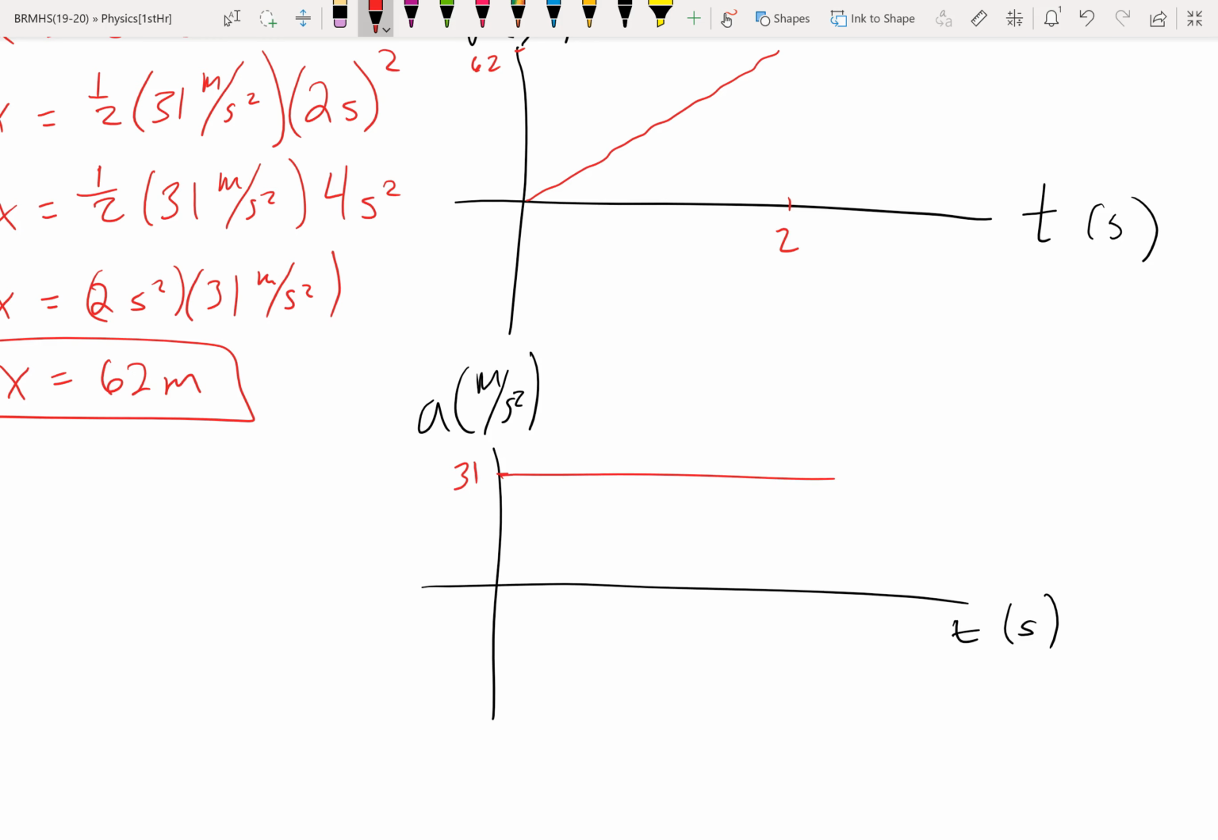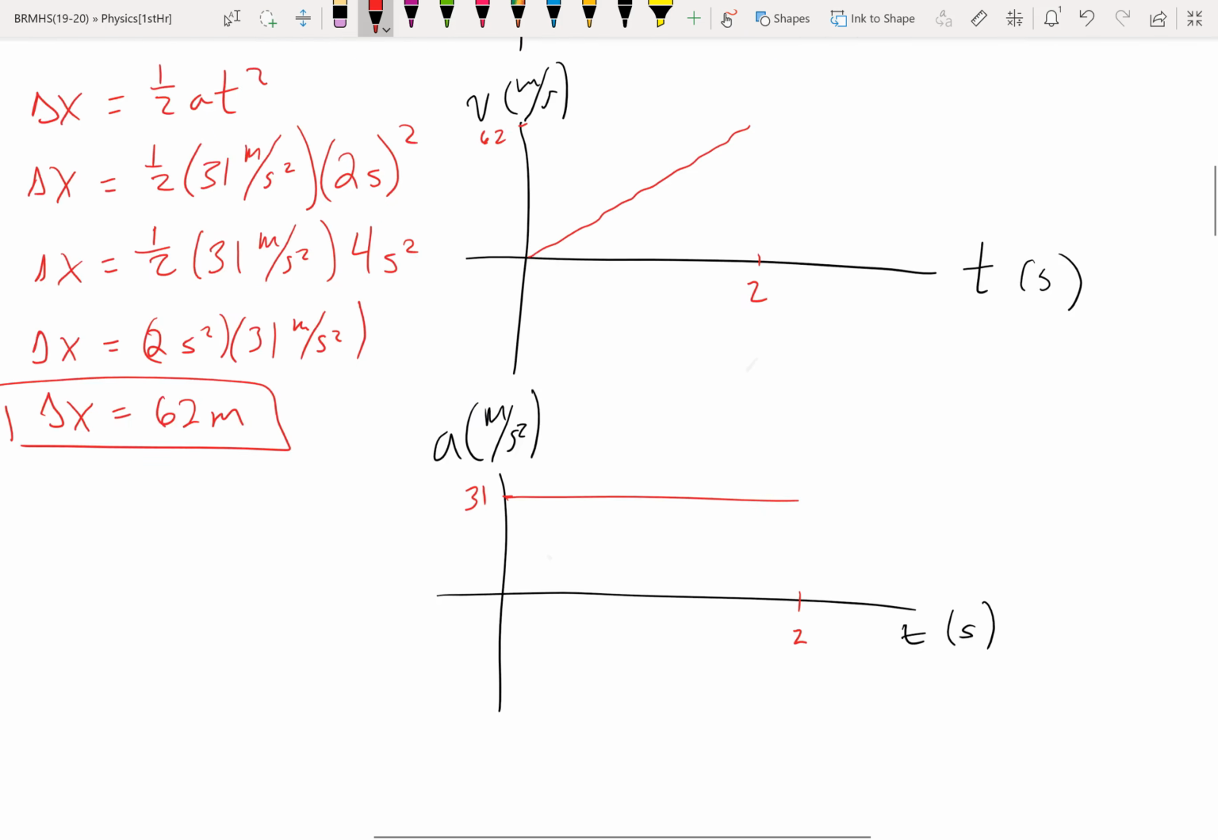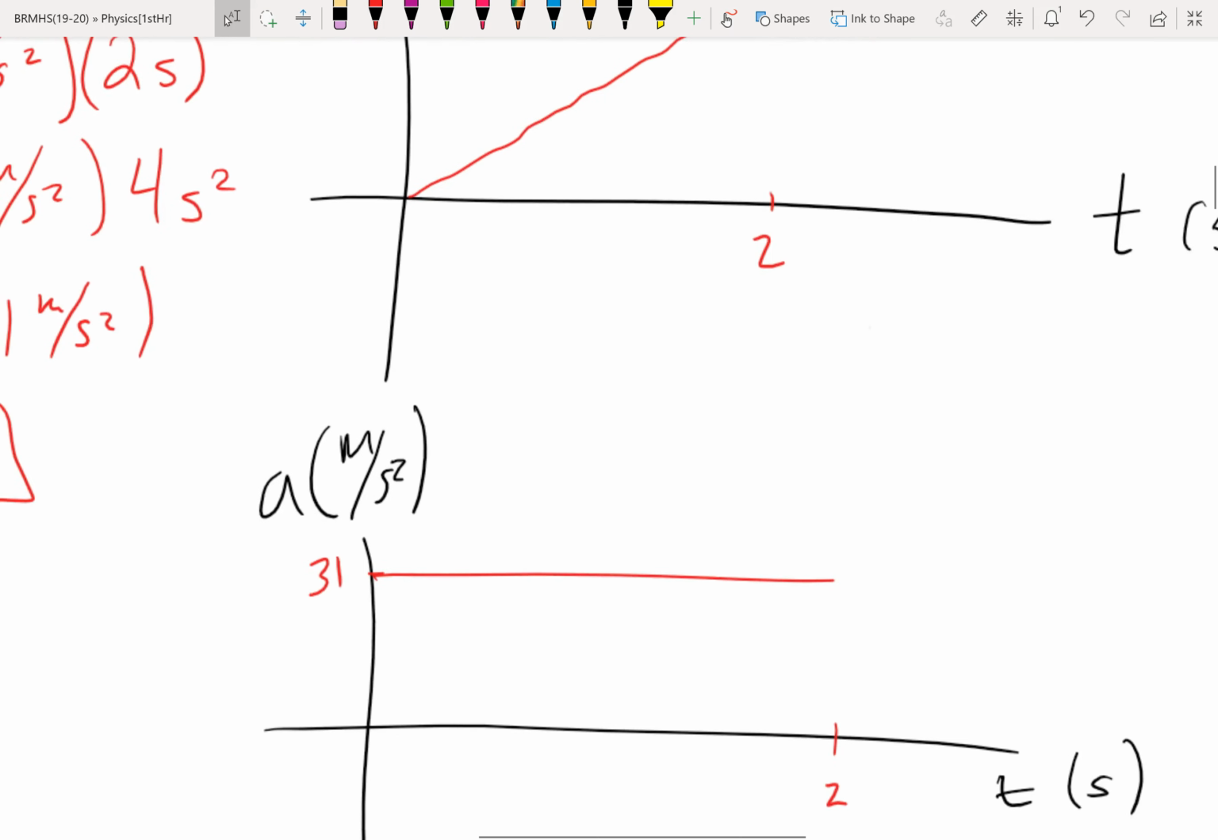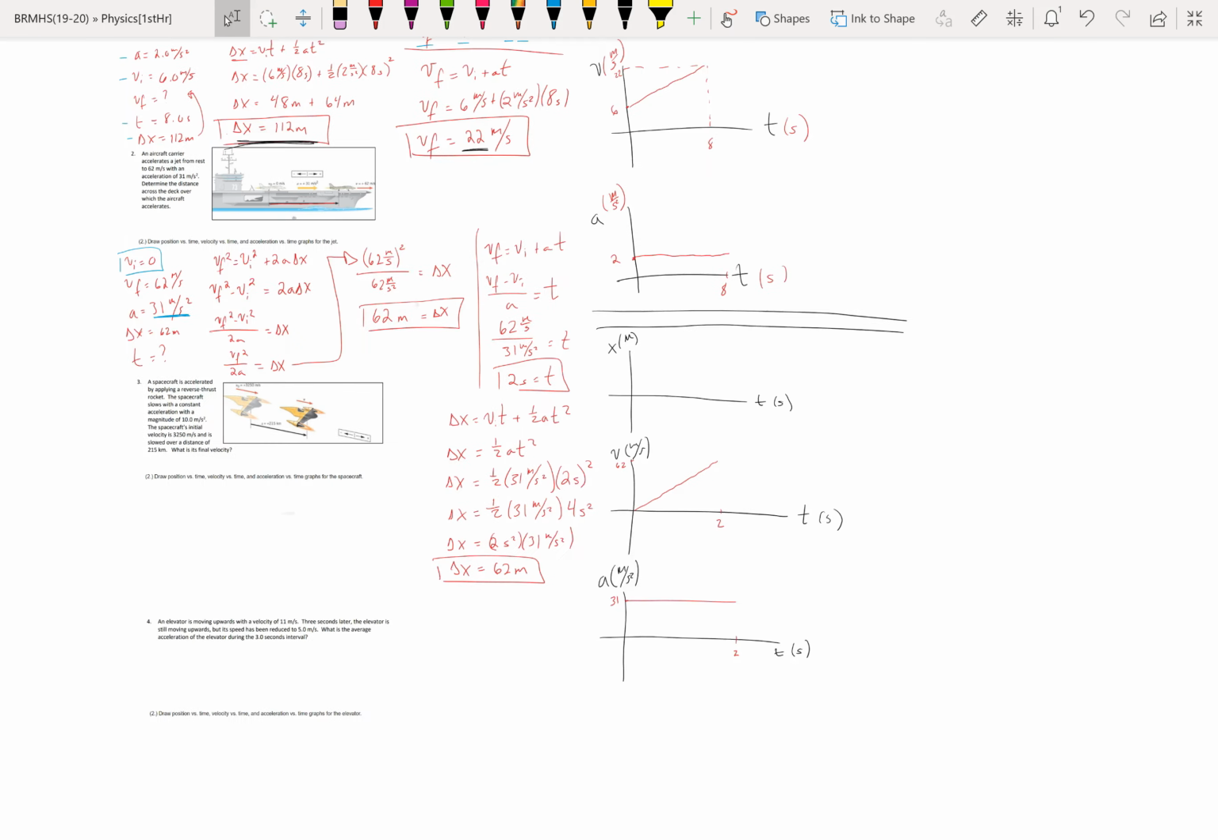It's constant. Our accelerations are always constant. We're not going to have crazy curvy or nonlinear accelerations. That was a really straight line. All right, now we have